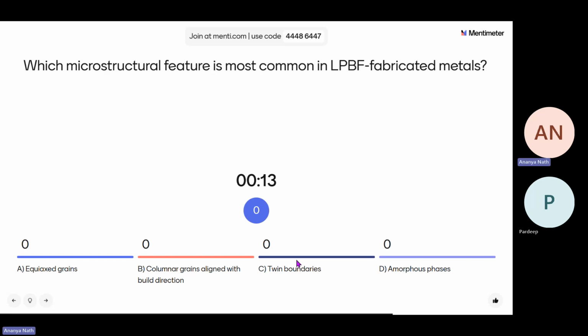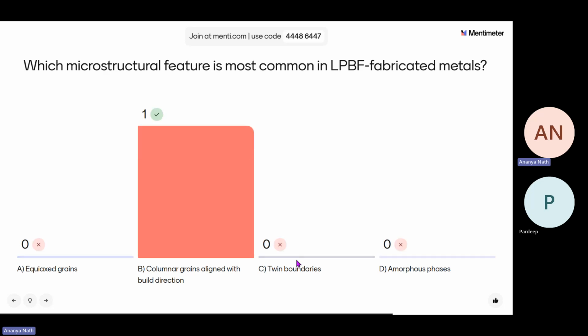In LPBF, it's columnar grains because when you print each layer, your cooling rate is very fast. So you get very small grains. Good, you correctly answered. Your grains are very small in size, but as you move up